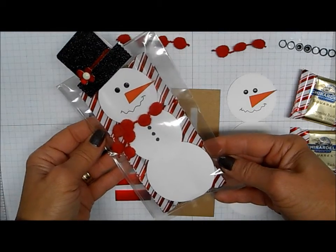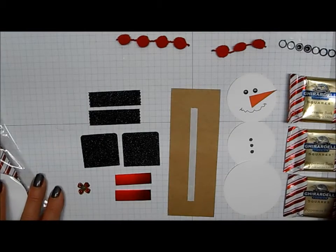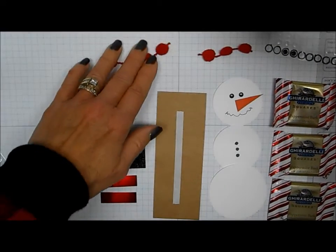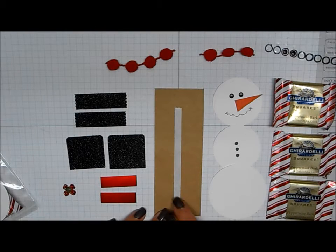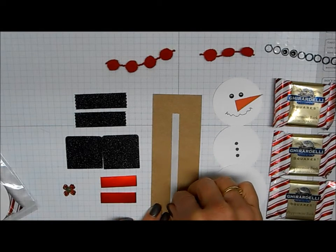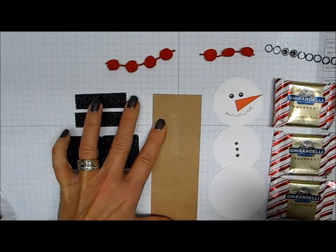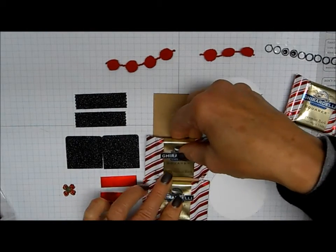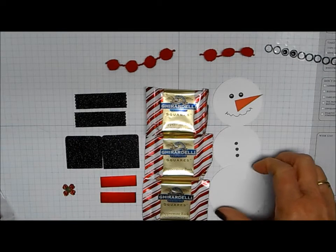Try and get the glare out. And so it's 3 Ghirardelli chocolates, and actually I'll move him now so you can see all the parts that you would need to make him. I'll talk just a little bit about those. For my base behind my chocolates, I just cut a 2 by 5.5 inch strip of craft cardstock, but you could really use any color cardstock. I just happened to have scraps. I used some Tear & Tape on it and just simply stacked my chocolates up on there. And that way he'll stay assembled in your